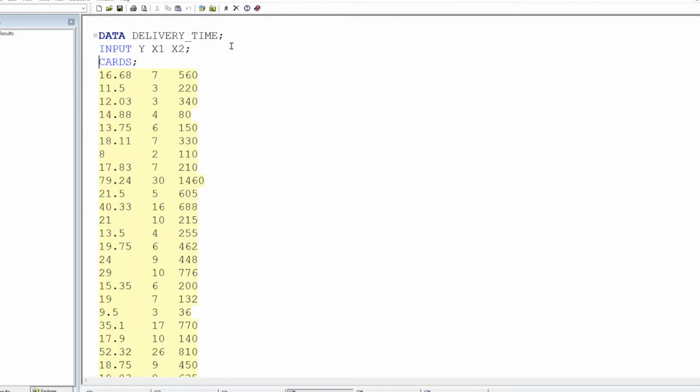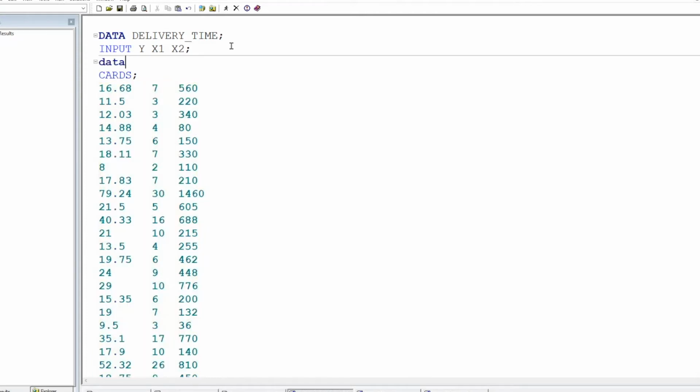And one way to do this is to use the statement cards. That harkens back to when programs and data were read into a computer on punched cards. We could also use the statement datalines, like that,